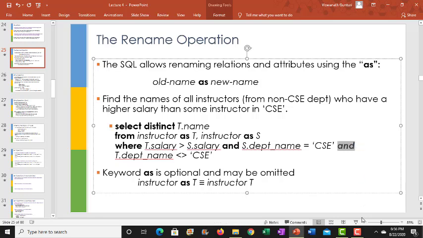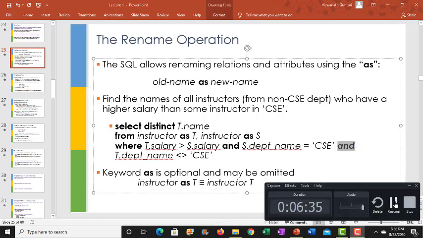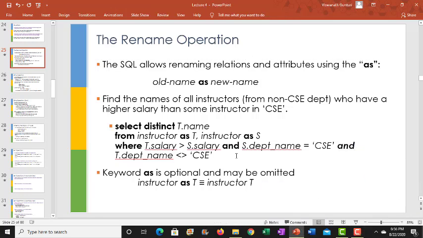So here what we are doing is we are interested in names of all the instructors who are not from the CSC department, and they have a salary which is higher than at least one instructor of the CSC department,